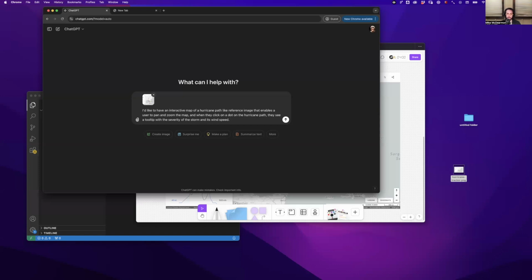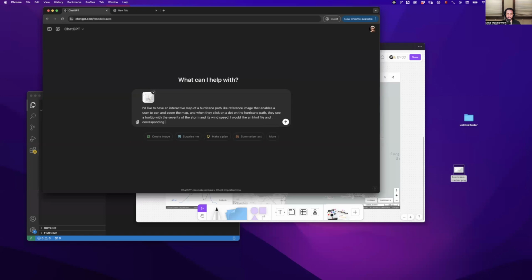So I'm going to say, I would like an HTML file and corresponding CSS and JavaScript to make this interactive in a web browser. Generally, I should say almost always, to make a map interactive, you need to have a map service that you're using, Leaflet, Google Maps, OpenStreetMap, something like that. I like Leaflet, so I'm going to say